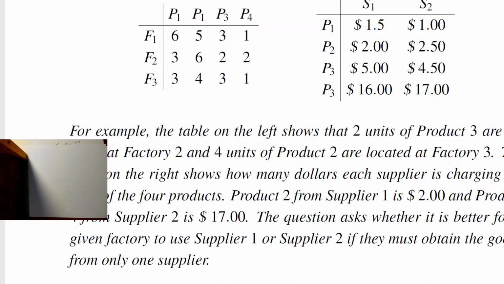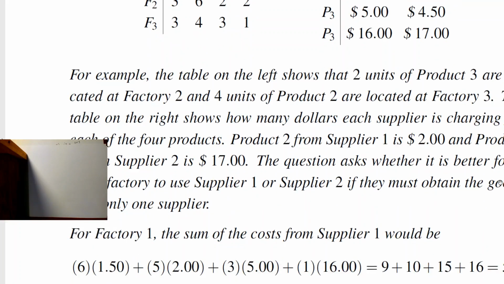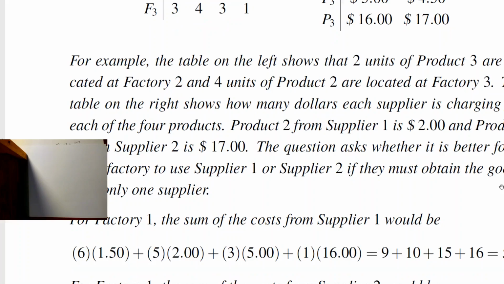Product 2 from supplier 1 is $2 and product 4 from supplier 2 is $17. The question asks whether it's better for a given factory to use supplier 1 or supplier 2 if they must obtain the goods from one supplier. So for factory 1, the sum of the cost from supplier 1 would be,